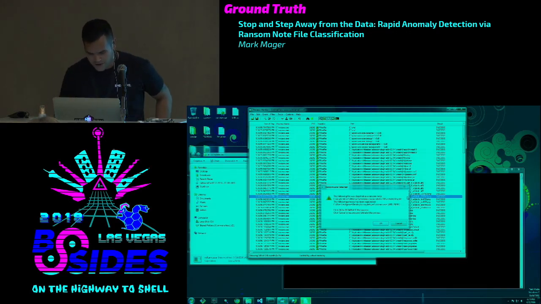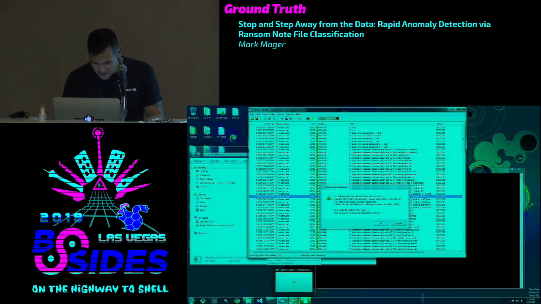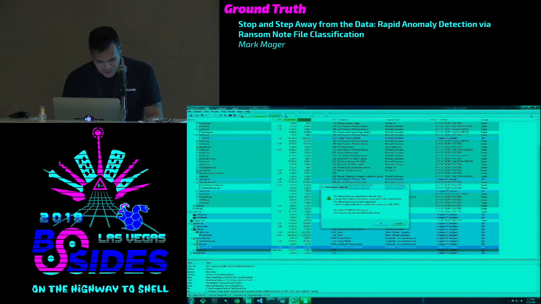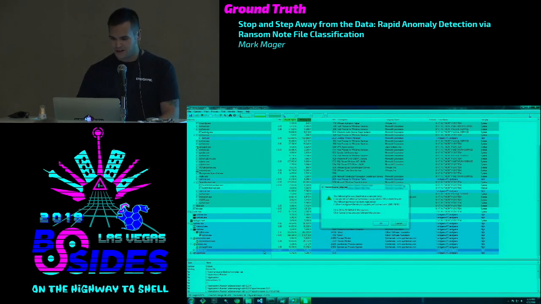So what we have here is it lists out the file path of the ransom note. It tells us the specific source process path, along with the specific PID, and then it's giving us an option: click OK to terminate, or cancel to resume and whitelist the process. For further confirmation that this worked, 24292 volcano.exe, Process Explorer is telling us that's suspended.